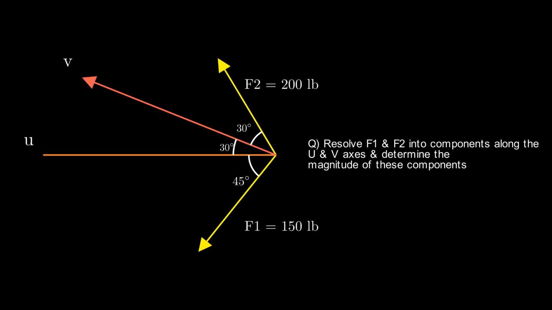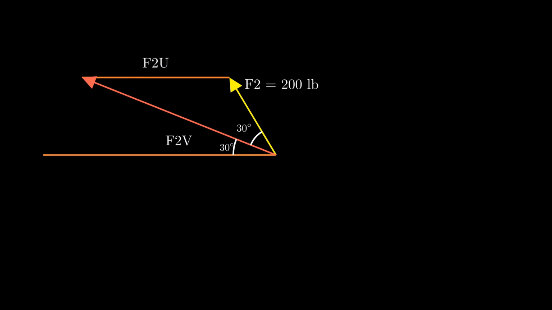As we did earlier, we are using the parallel vector concept. We are making the vector u parallel. After making the vector u parallel, we get the components of the F2 vector.